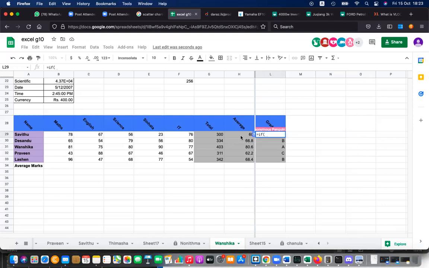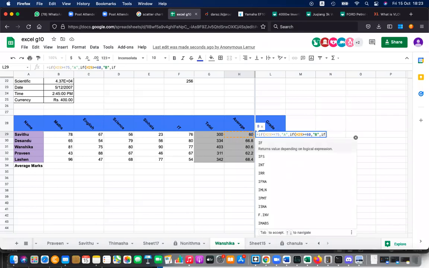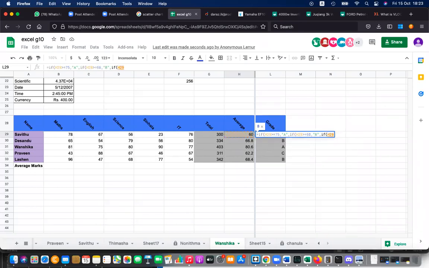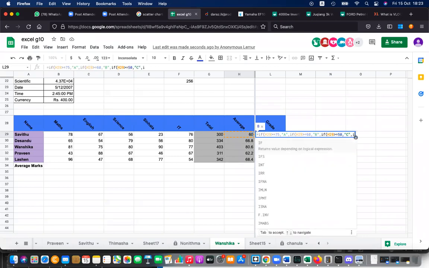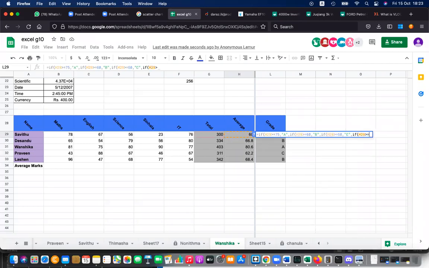Equal if based on the average, if average is greater than or equal to 75, then it should be A. If average is greater than or equal to 60, then it is B. If average is greater than or equal to 50, then it is C. If average is greater than or equal to 40, then it is S, otherwise F. That's it. So likewise, you have to calculate this.